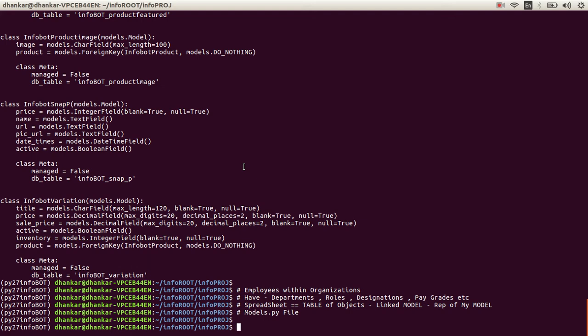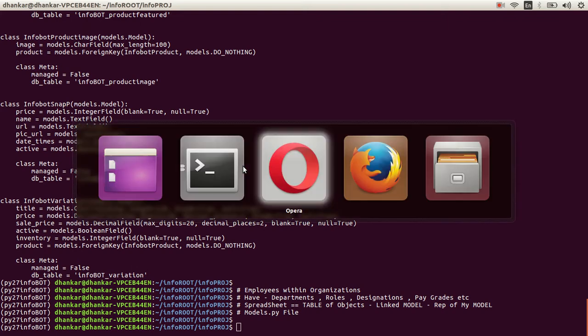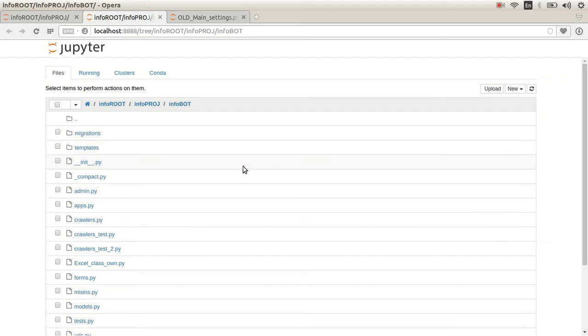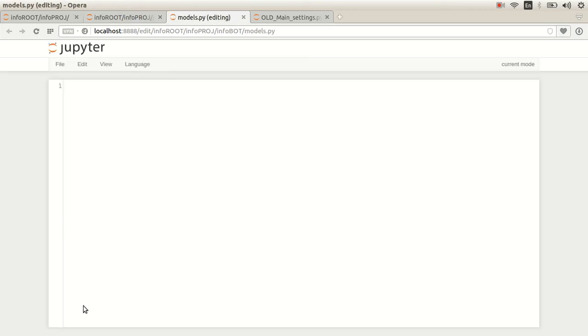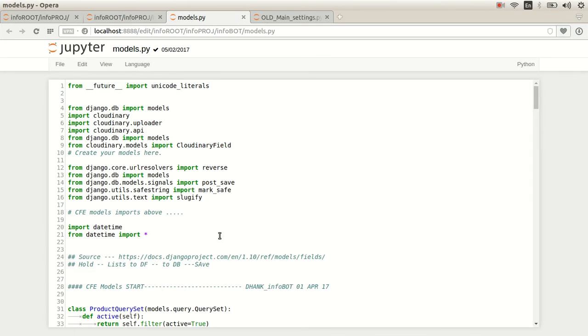So having explained how the models part works, it's time to create some simple models in our models.py file. I'll go ahead and review what is already there in my models.py. What we need to remember is that I'm trying to create an infobot. I'm trying to